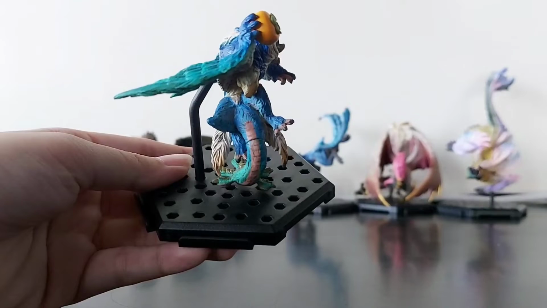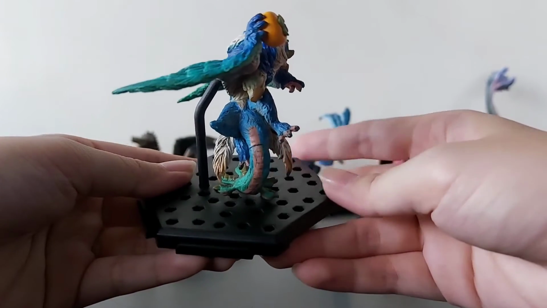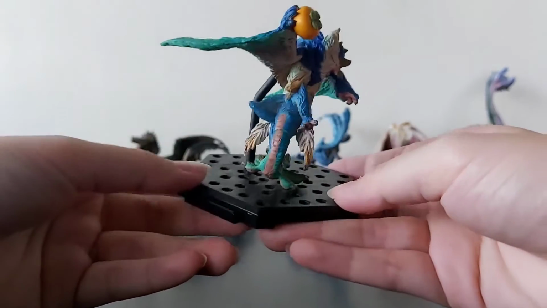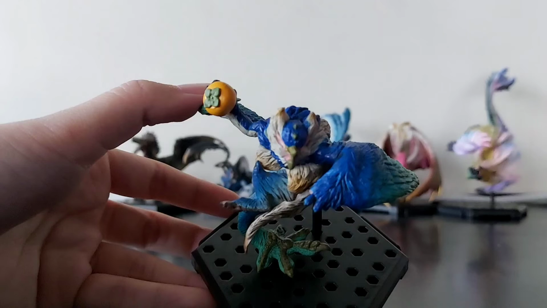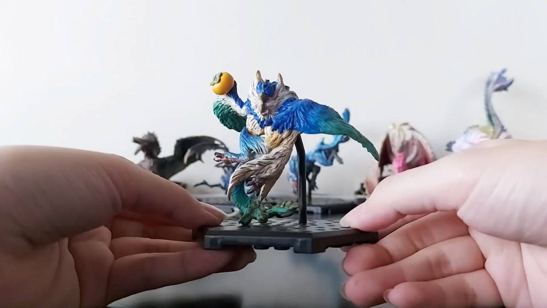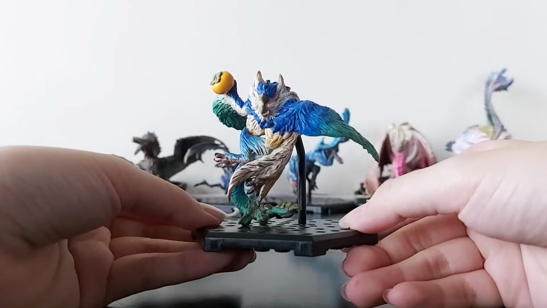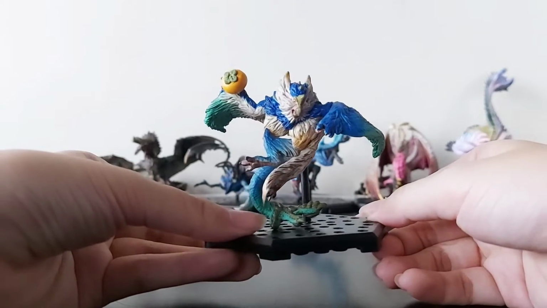Bit of a harsh seam line here over by the tail leading up to that very gnarly, kind of like half claw, half hand. I'm not really sure what to call it, but not something you'll really notice considering it'll probably be posed facing the front anyway. Overall, I definitely wouldn't be mad to receive this in a blind box,